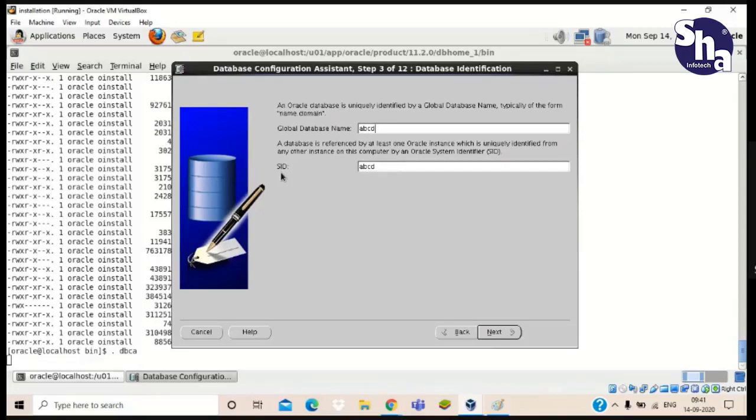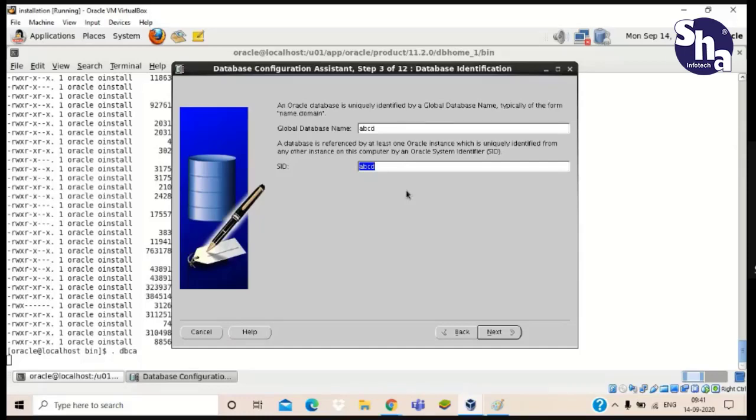Clear? So by default, the global database name and SID name are the same. But you can change it. You can also change it here by editing in this section. You can give another SID name for a particular database. But I recommend you to keep it the same.